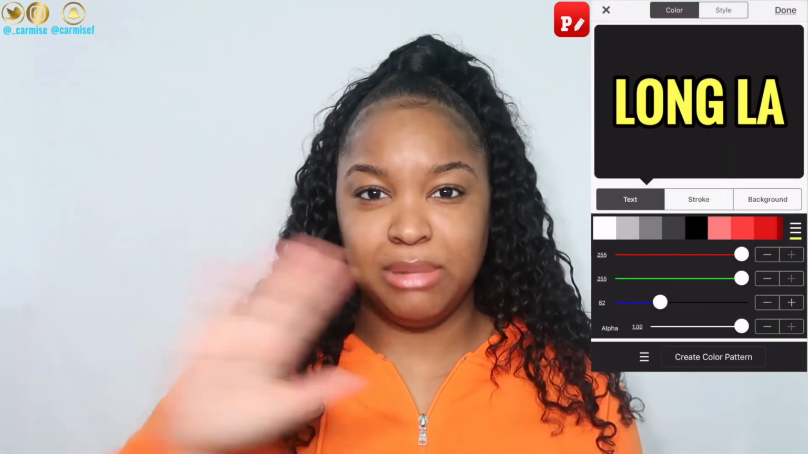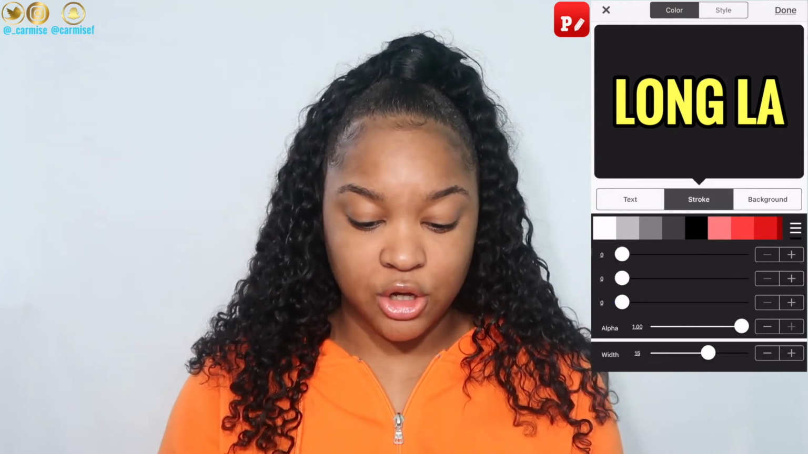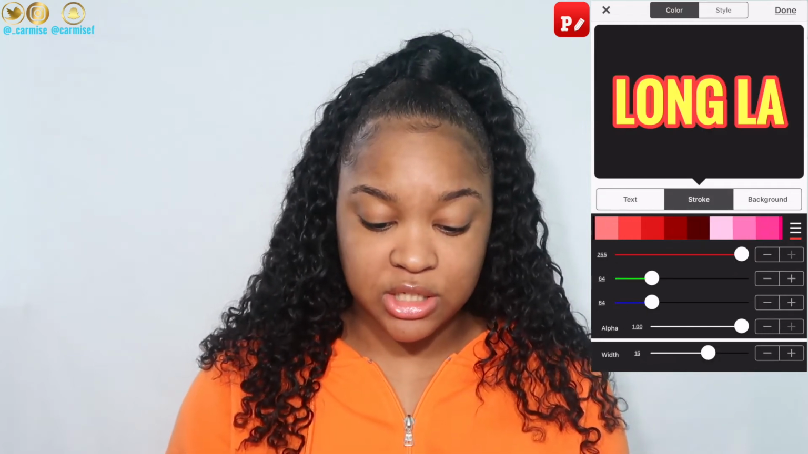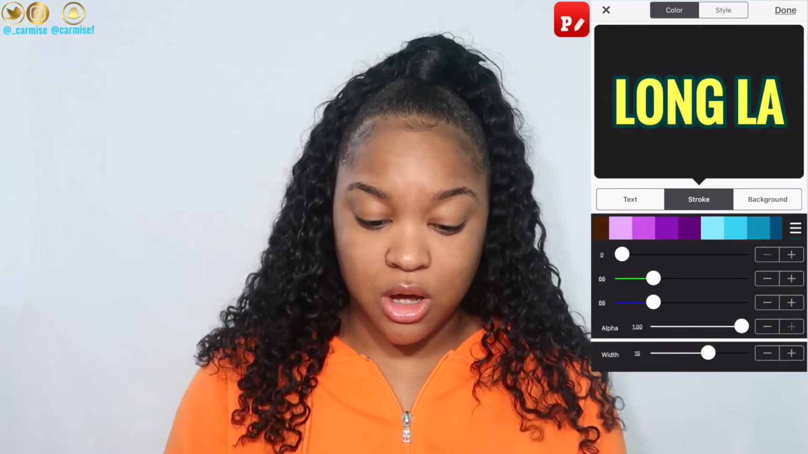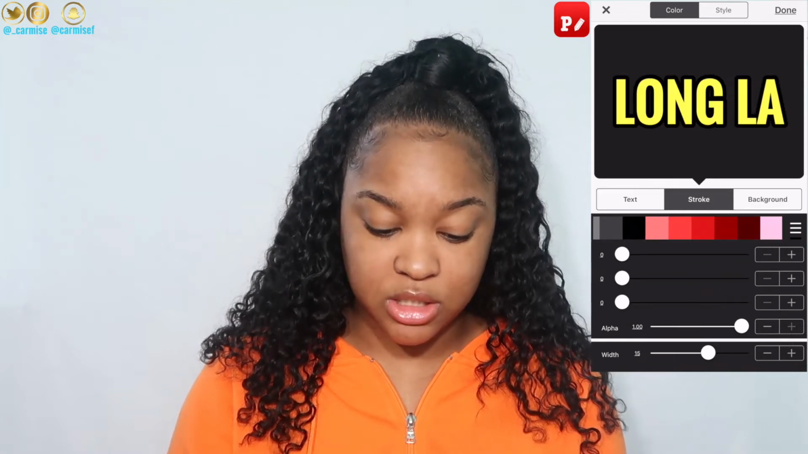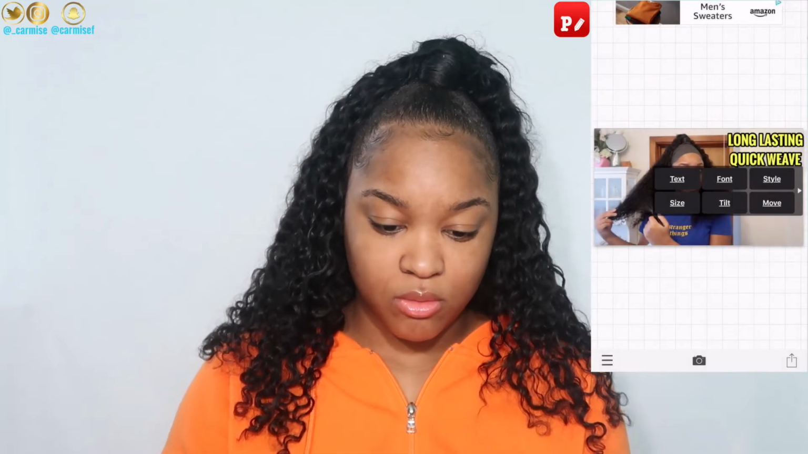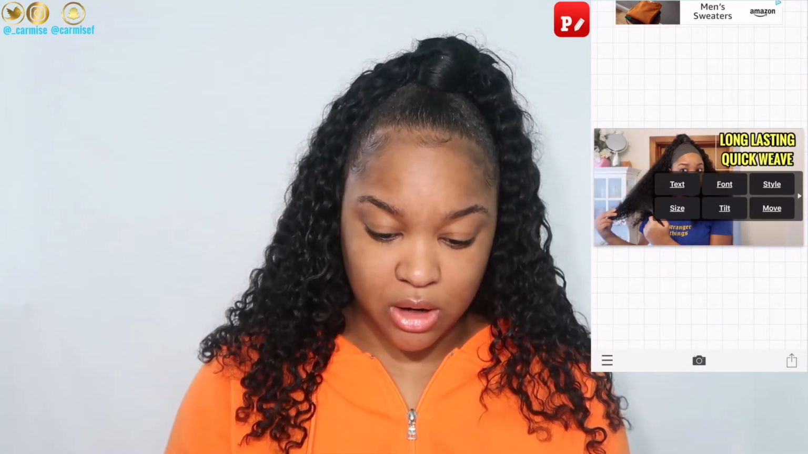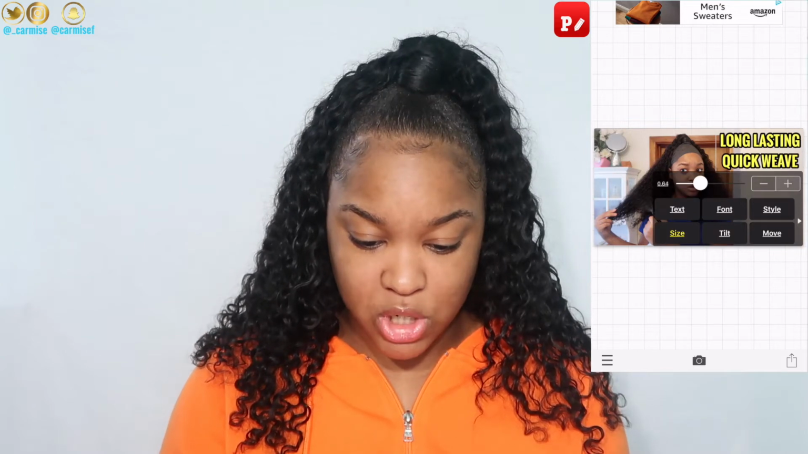So instead of leaving it plain, try adding the stroke to it, and you could add different colors. As you guys can see, you have a whole wheel of colors that you can add. You can mix it up, you can put whatever color that you want. I like to put black because it really makes it pop out more, and you guys can see that's really popped out. And you guys can go to size, and then you can make it much bigger,